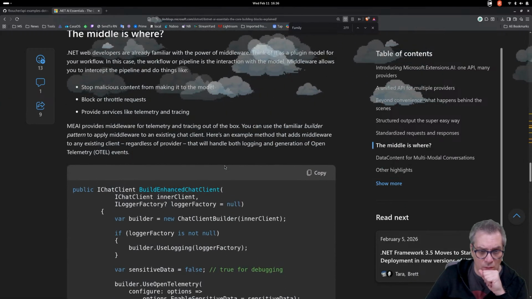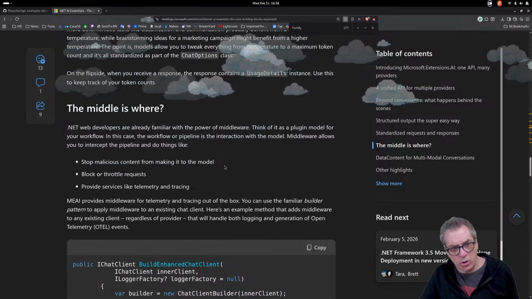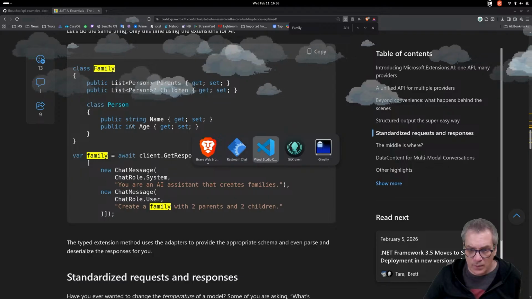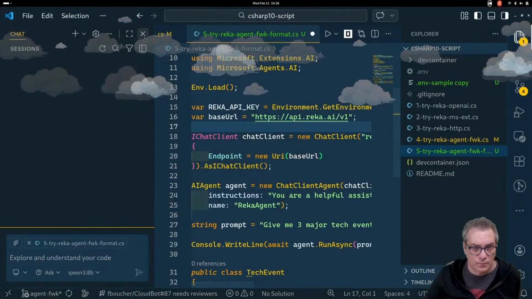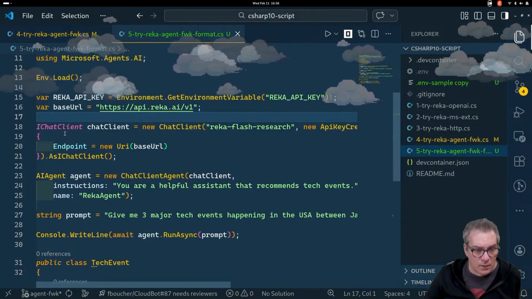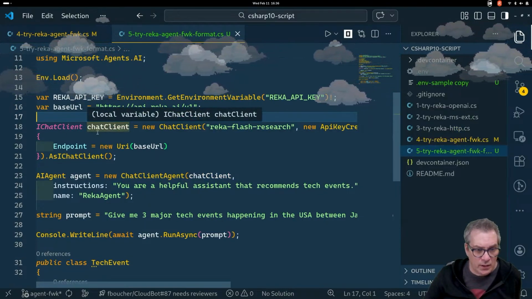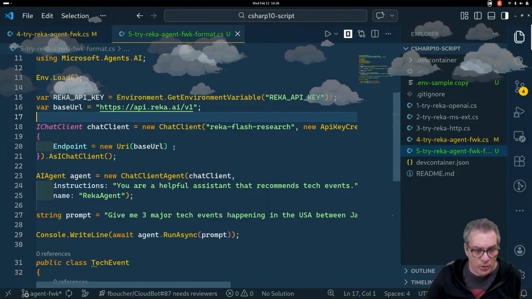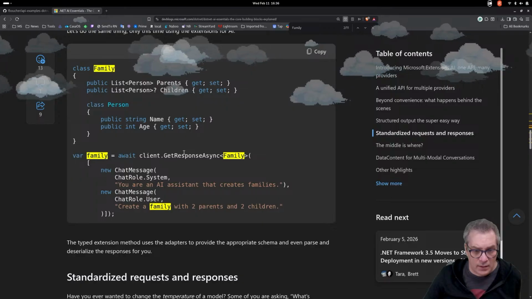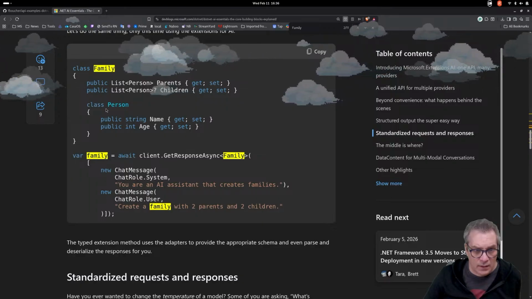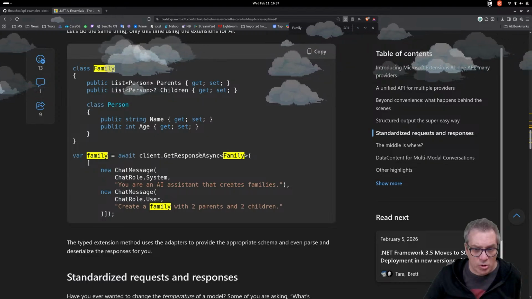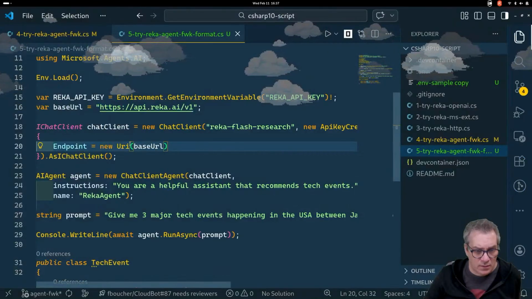Okay, so does the agent framework also do it? Let's try to see. If I'm here, so I'm building here, I set the endpoint and say client get response, and I do this.